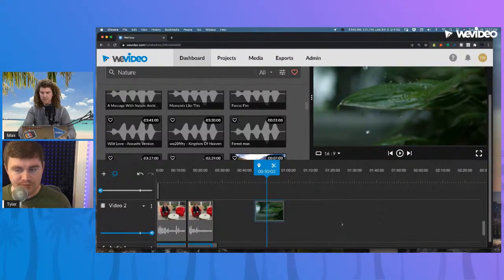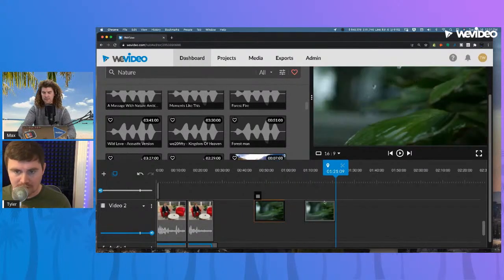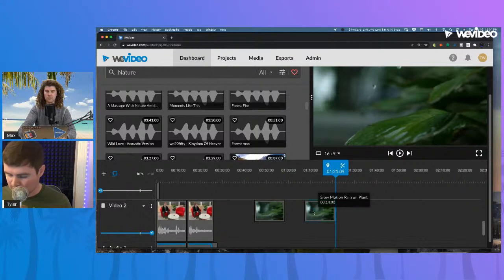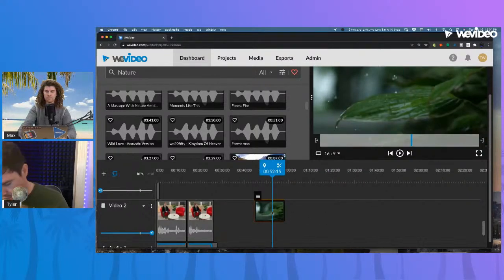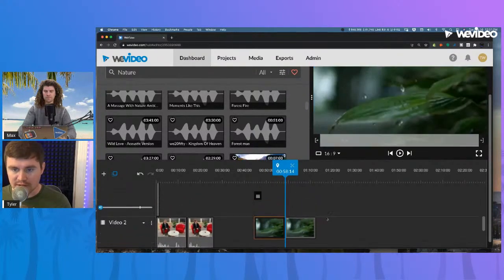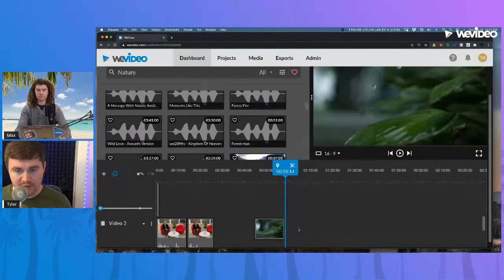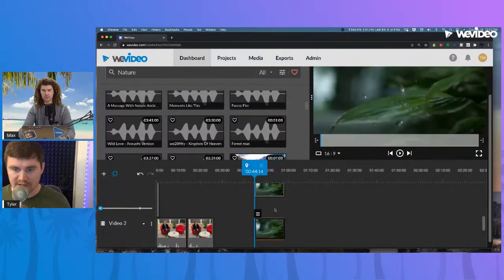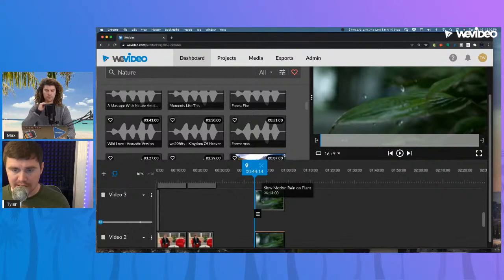Okay, so just like pretty much any program, you should be familiar with this already. Copy and paste, right? Command C, then select where you want to paste. Command V, it's going to paste it right there. The way that we like to do it, I think this is a little bit more effective and gives you a bit more control. It's just select the clip, hold Shift, and then drag into where you want to put it. So it could be this track here, as long as it's a video track, or depending on what the clip is, if it's audio, you can just drag it. It's going to create an exact duplicate and place it right there.